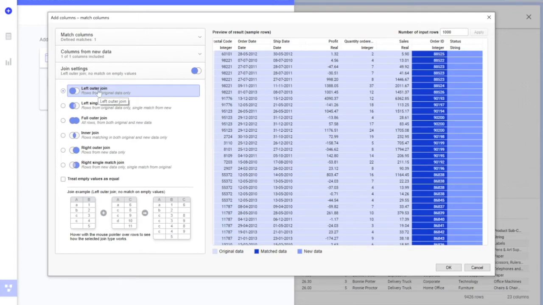Since we want our main data to be as it is, we will use left outer join, and descriptions are written over here, so you can check what is the meaning of every kind of join if you are not aware of the joins and join types. Left single match, full outer, inner join, right outer, right single match. So these are the different types of joins which are available here. And here it is giving an example also, that if you have table 1, table 2, then what kind of output you will get. So this is very important for those people who are new to Spotfire and want to learn it. So make sure that you follow all these steps properly.